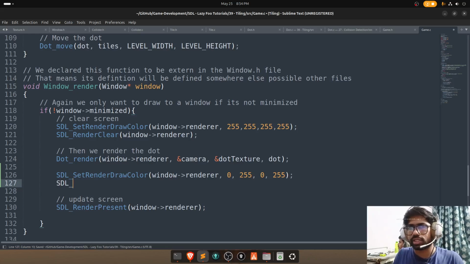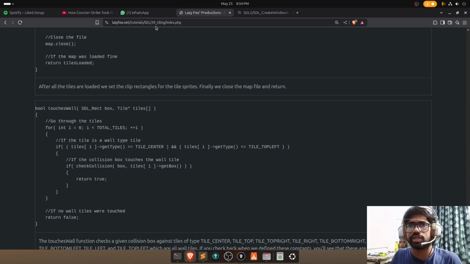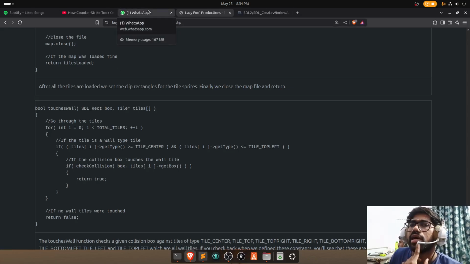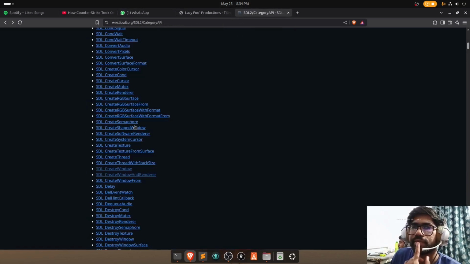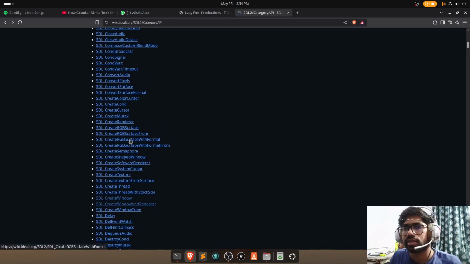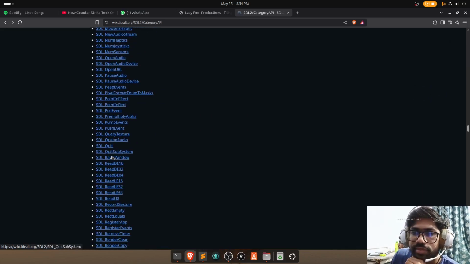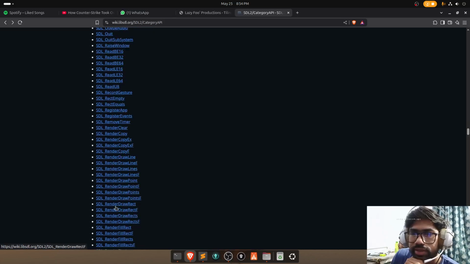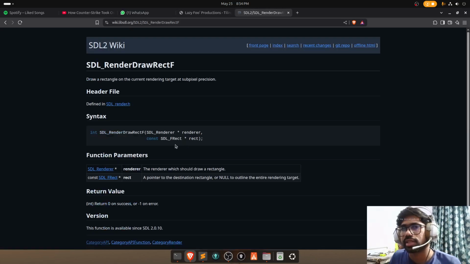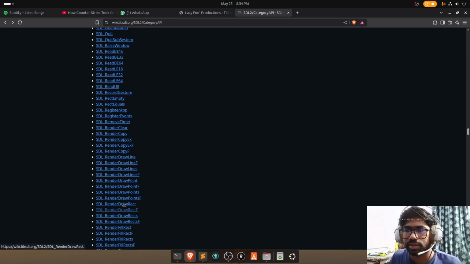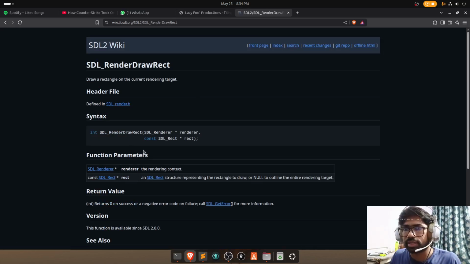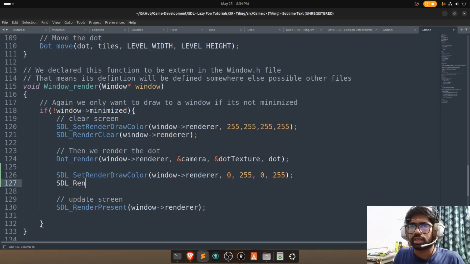Then I want to SDL fill rect. I think that's the function. Yeah, fill rect, SDL render fill rect. Maybe SDL render draw rect. Yeah, F rect, not simple rect. Render and the rect. SDL render draw rect. We pass in the renderer and I want to pass in